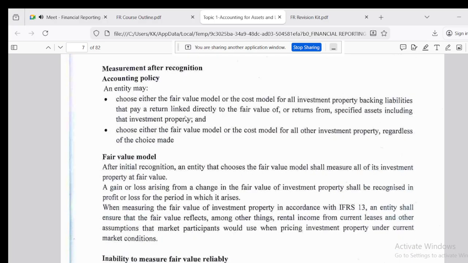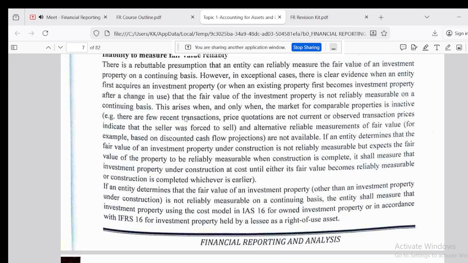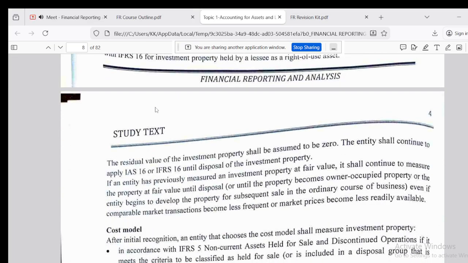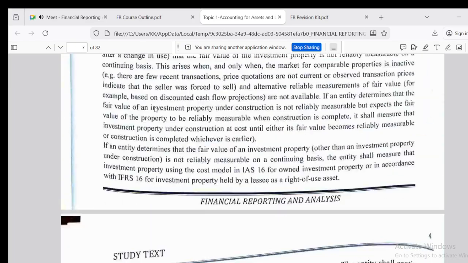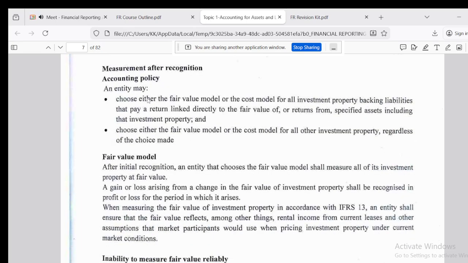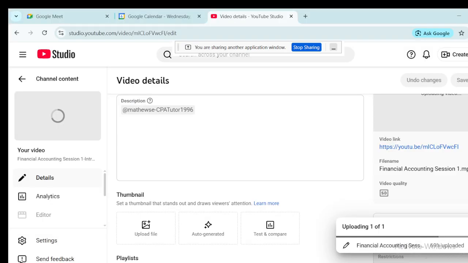So there's this one you wanted me to expound, this one of recognition, measurement after recognition, under accounting policy. So here,